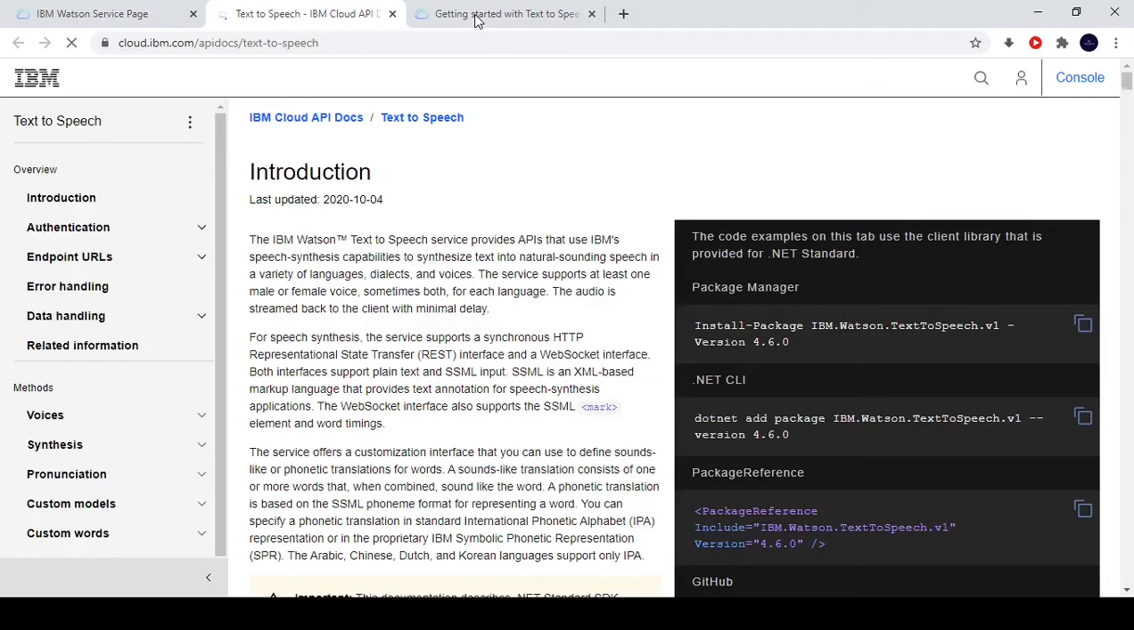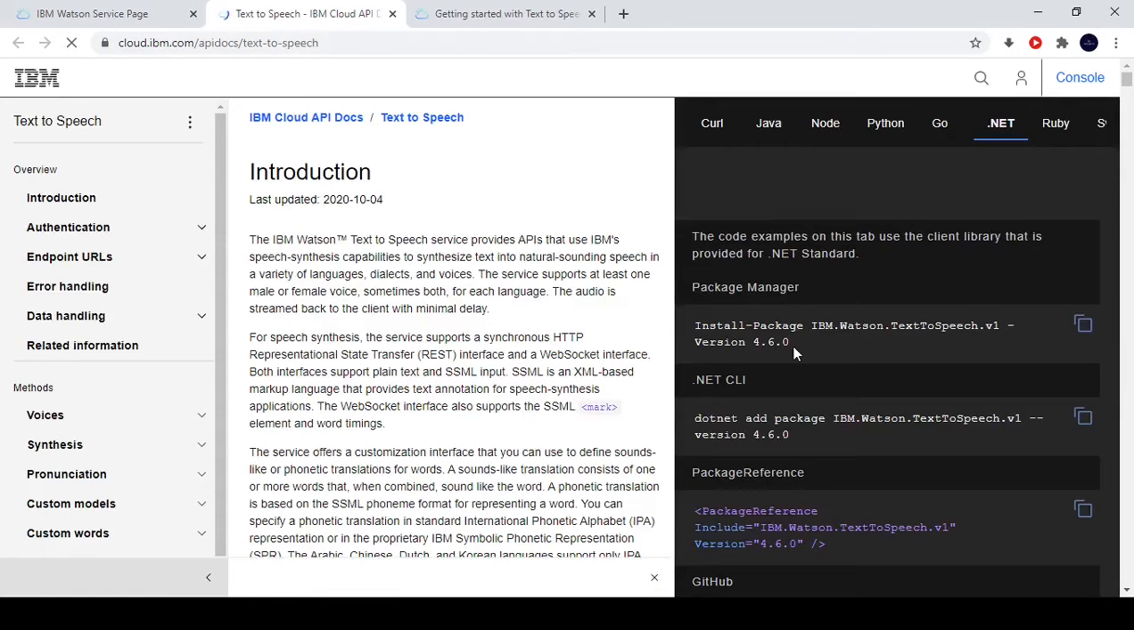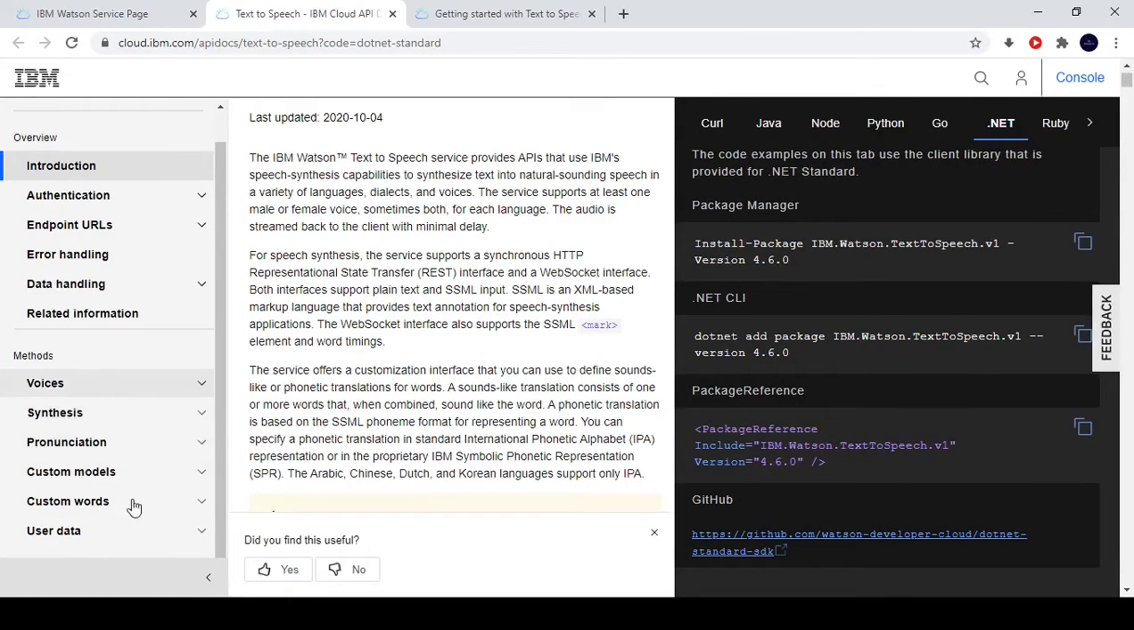Now click on API Reference. Here you can get all the details about this API: how to call the API, what are the functions in this API. First we need to install